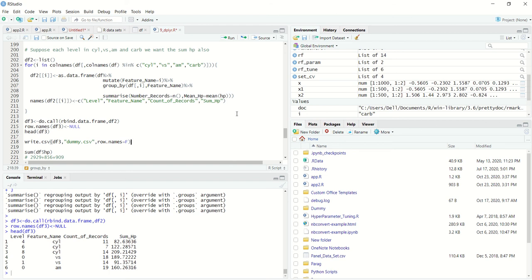I hope this video was useful. In the next video we will look at a dplyr case study where we will be analyzing the Democratic or the Congress vote on the Obamacare bill, which I think was put up on the floor in the year 2010, and we'll try to create certain meaningful summaries out of it.